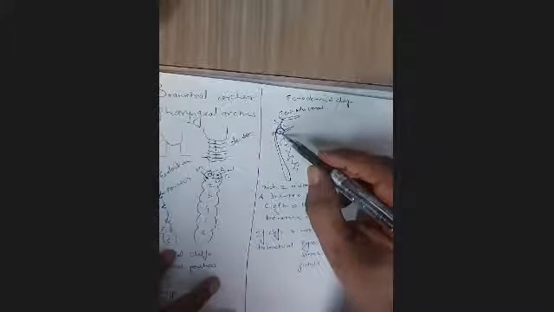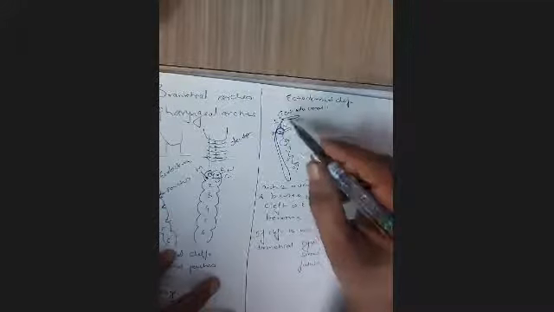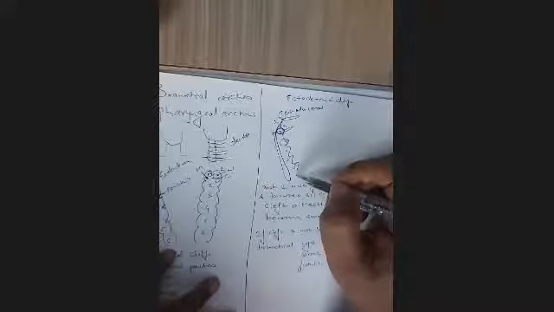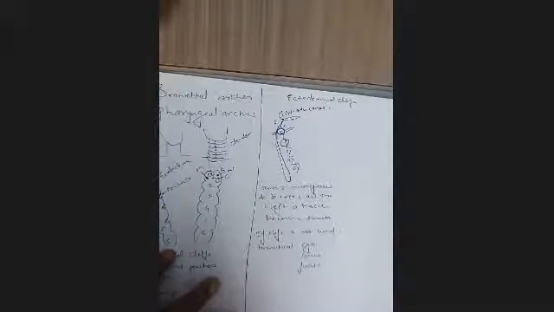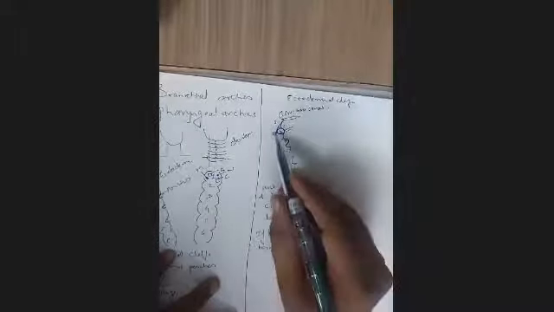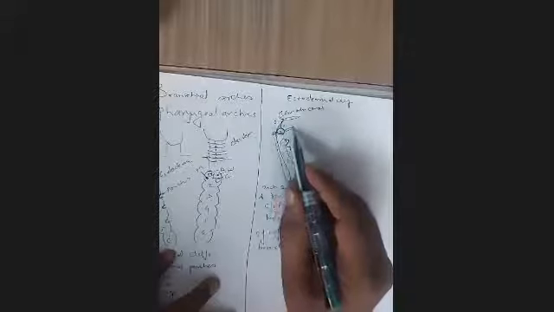Ideally, the second arch overgrows and all the clefts are buried. The first cleft forms the external auditory canal, and all remaining clefts are buried. That's the fate of the ectodermal clefts. If one of the clefts persists, it can cause a branchial cyst. So a branchial cyst is a persistent ectodermal cleft, and this can lead to a sinus. Sinus means it's open to the exterior. If it also opens to the interior, it is called a branchial fistula.